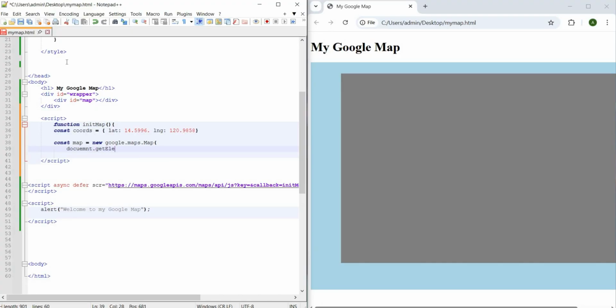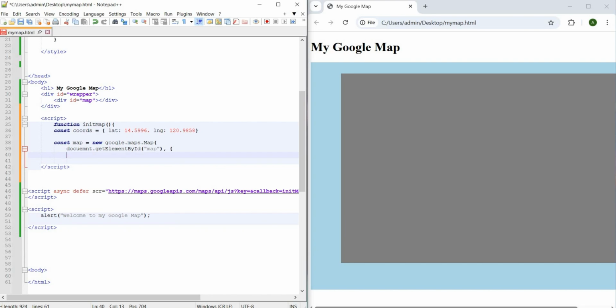We need to get the element from the HTML into JavaScript. Inside here, we just simply type map. So we already get the element ID of the HTML document into the JavaScript code here, map. So let's continue.